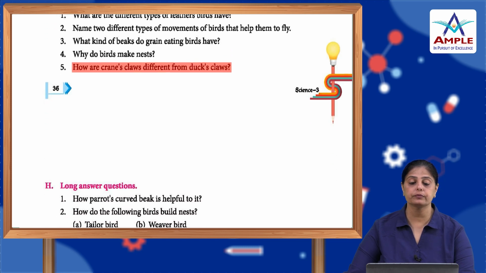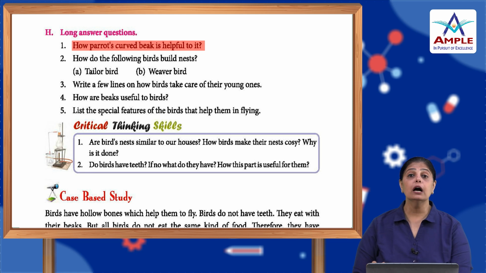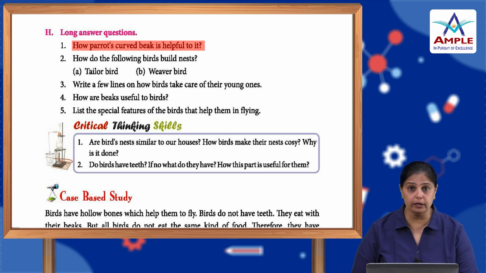Alright. Now, long answer questions. How is the parrot's curved beak helpful to it? So, the parrot's curved beak helps it to hold the food that it eats. It can be an insect, it can be chilies, and the beak helps them to hold it properly,